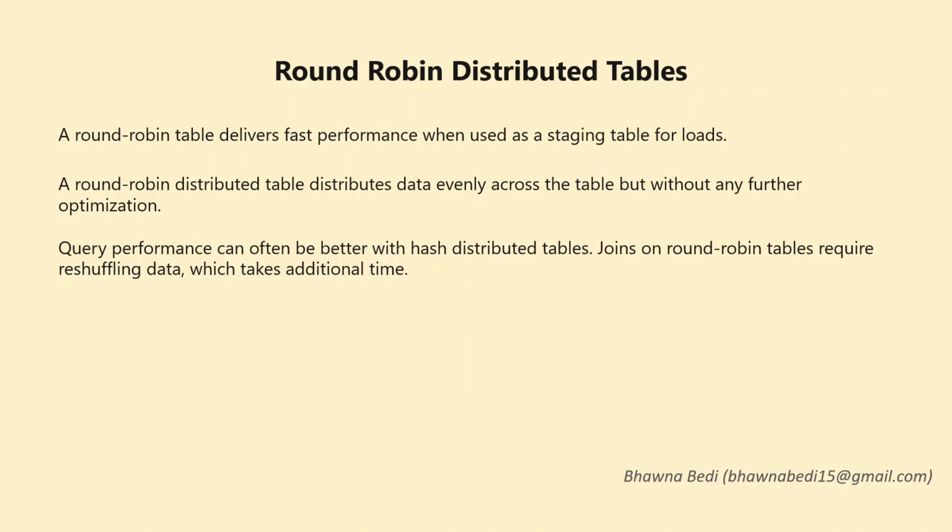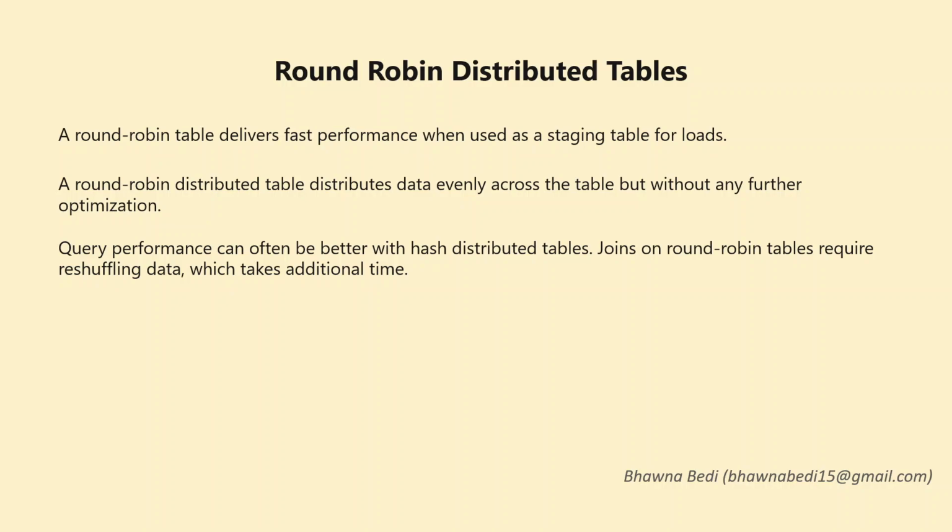And similarly, you should not go for a date column. When I say date column, what might happen is that for a particular date, all the data is in one distribution. Now if you as a user are trying to query your data based on a particular date, then only one distribution will end up working, right? Then the whole concept of parallel processing, you won't be able to leverage. So these things you have to keep in mind.